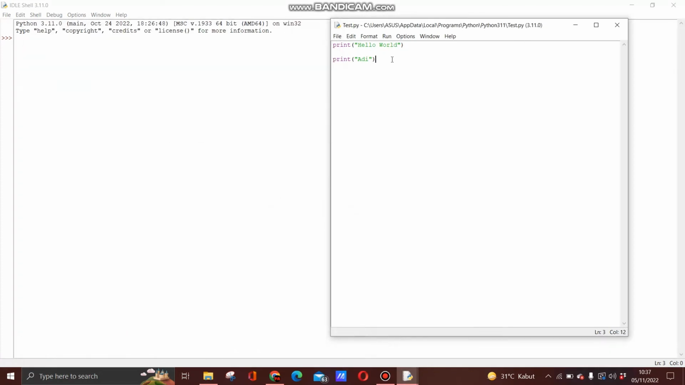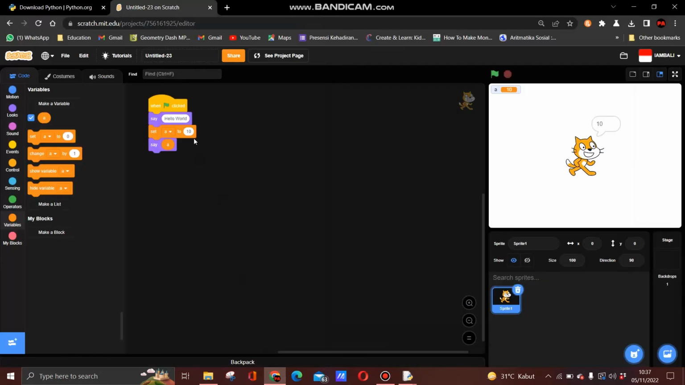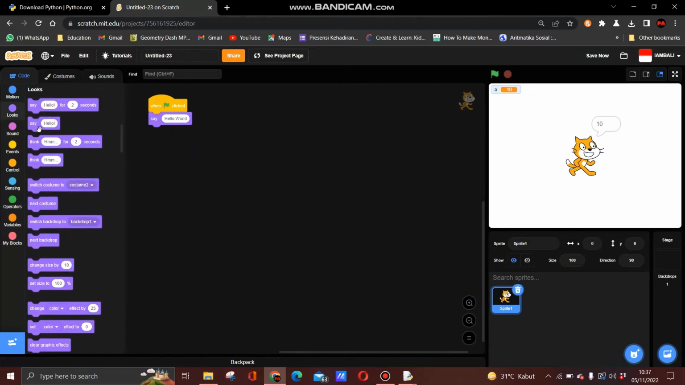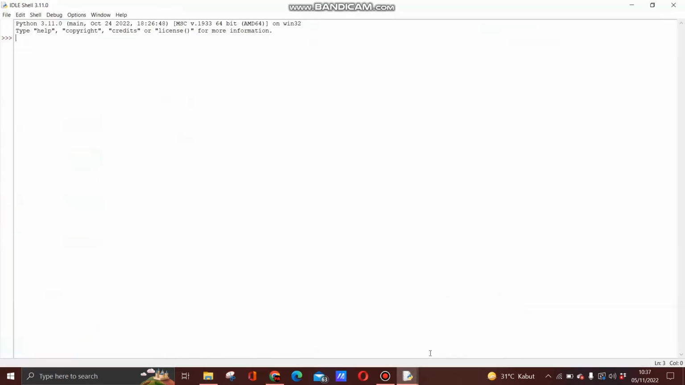Now, if you want to do that in Scratch, you just need to, first, I'm going to delete the variable, and then after you say hello world, you say Adi. See, it's like that in Scratch. In Python,